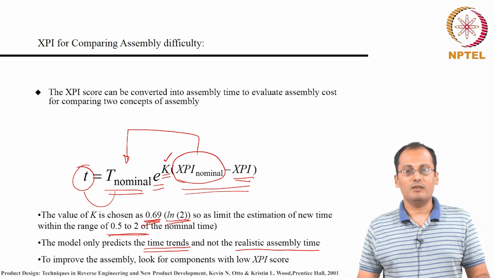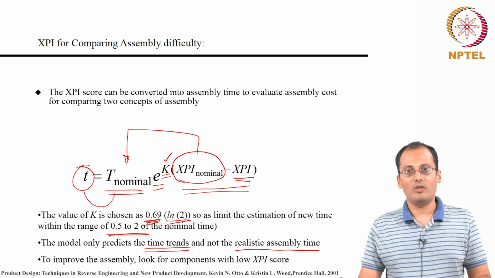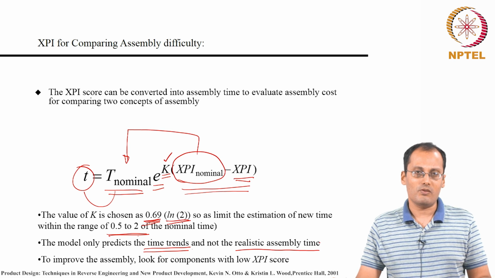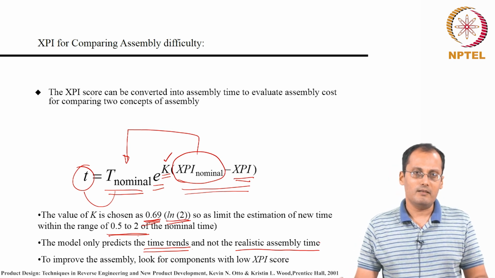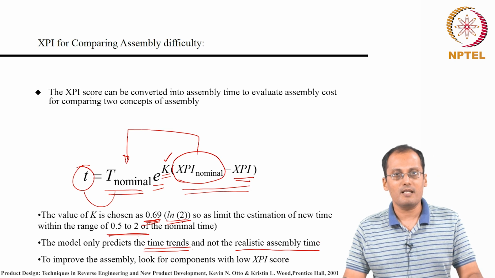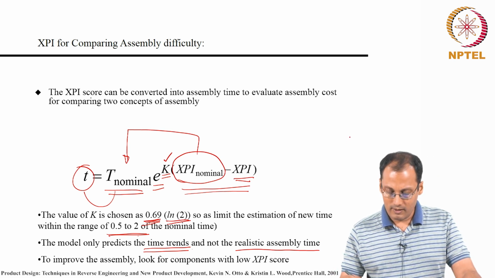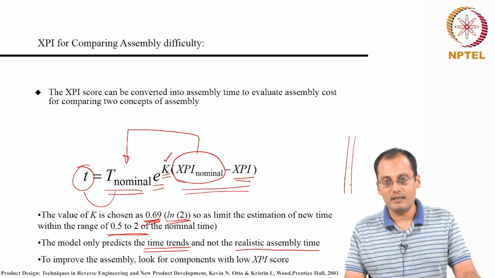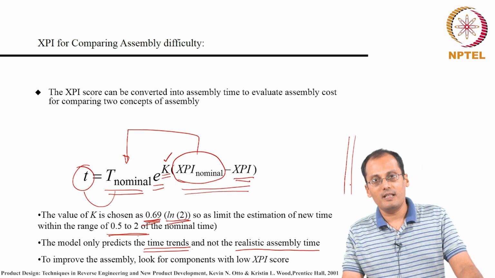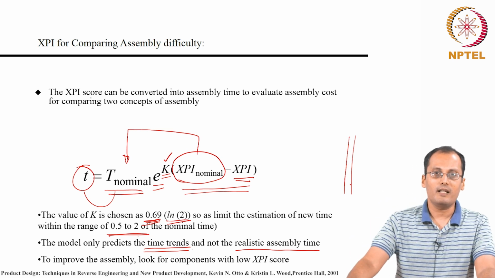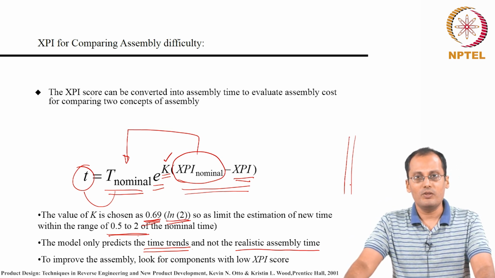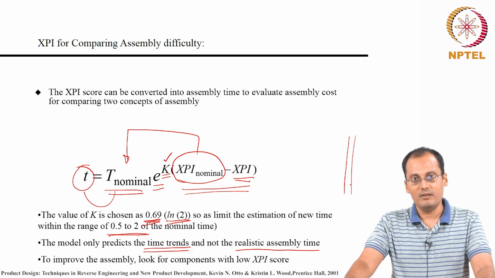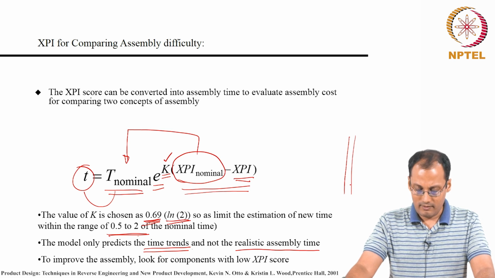So, that kind of a trend can be obtained and may not be used to actually get the realistic assembly time. So, there are other methods like the Boothroyd and Dewhurst method. There are methods proposed by Munro and associates, where sometimes the predictions are better, but this is one of the earliest attempts in understanding the complexity of doing an assembly and how it can be quantified using an assembly difficulty index and can help in doing the design for assembly.